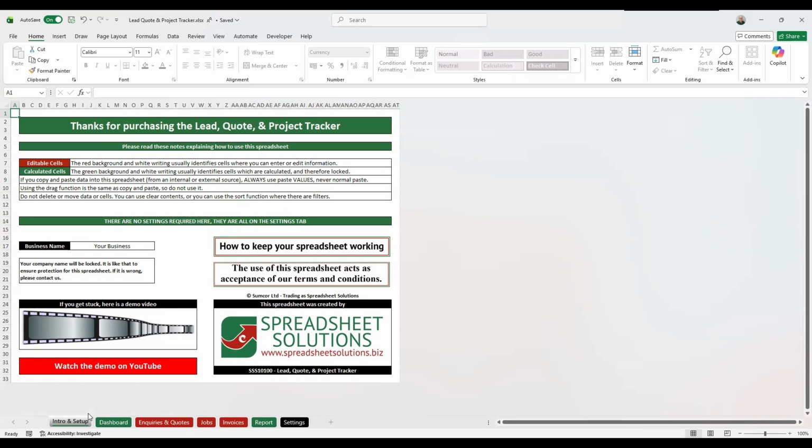But if this does give you a really good overview of the projects that you want to go from inquiry through to project completion, just to be able to monitor what you've got in your books at one point and to help you track things, if this does the job for you,